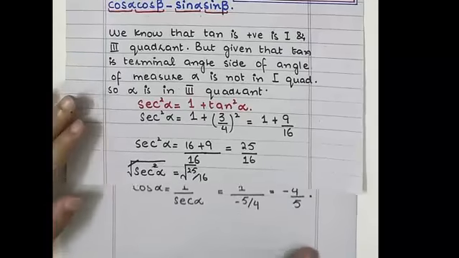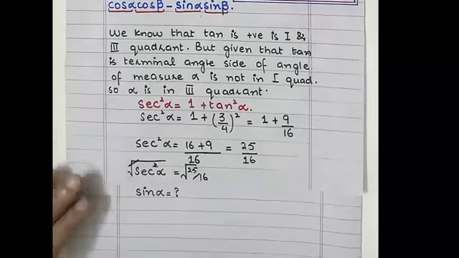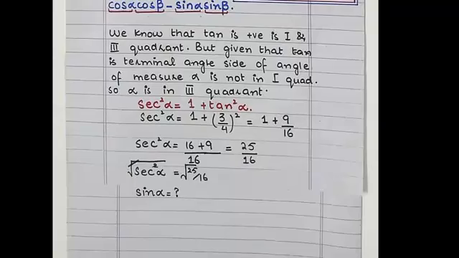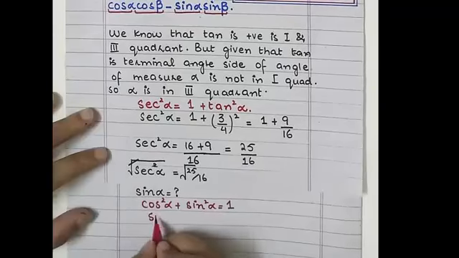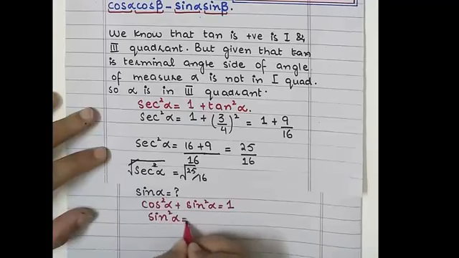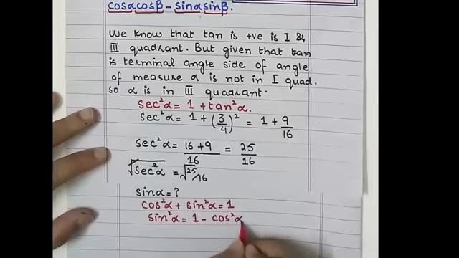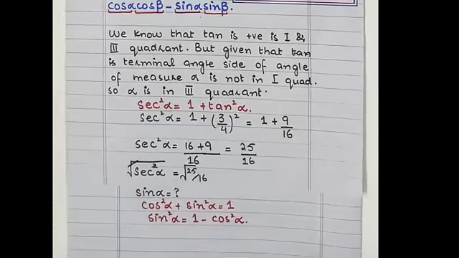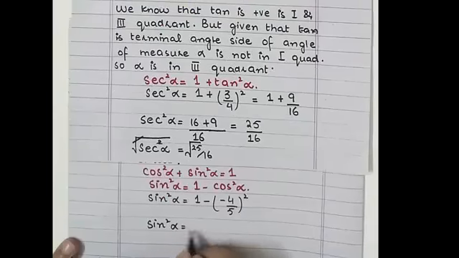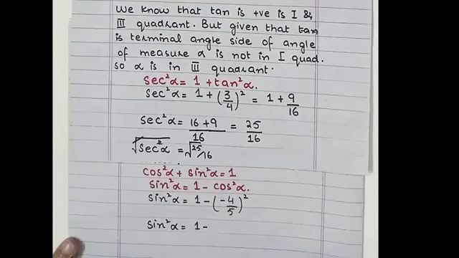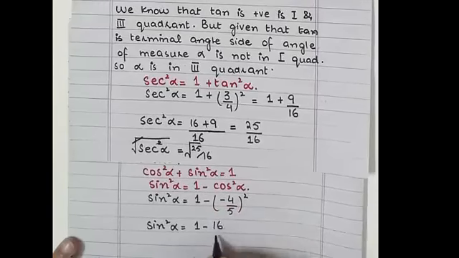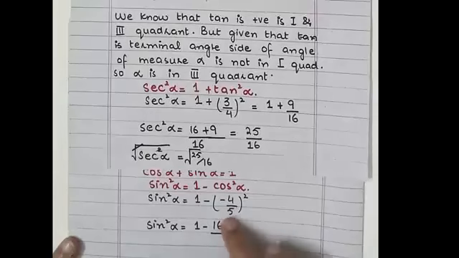Now to find the value of sin alpha, again using the fundamental identity of trigonometry, we can say sin square alpha is equal to 1 minus cos square alpha. So we will put the value in this formula. Sin square alpha is equal to 1 minus the square of minus 4, which is 16, over the square of 5, which is